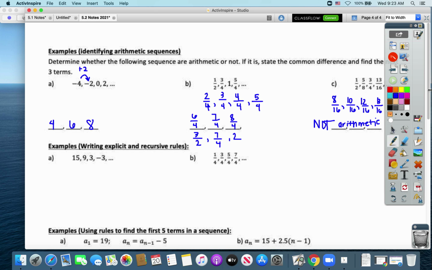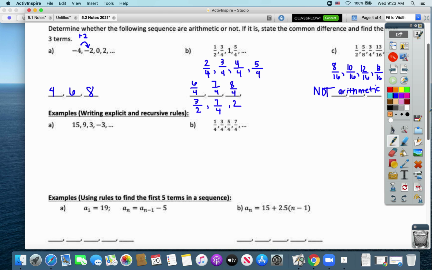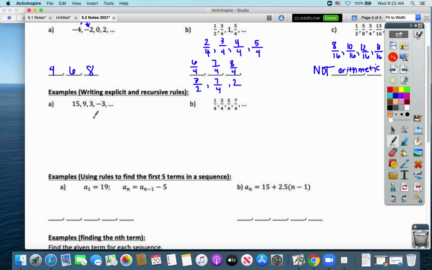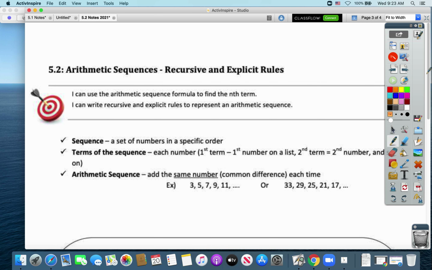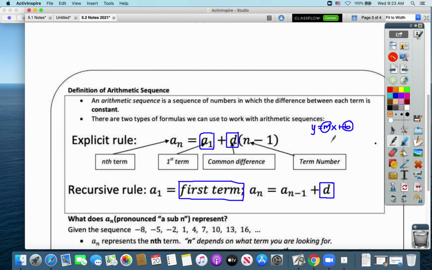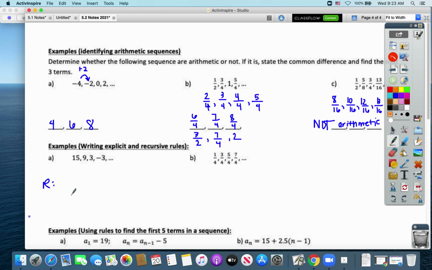Then we're going to practice writing the rules. So the second set of examples, we want to write the recursive and the explicit rules. So we'll start with recursive, and for that we can refer back to this if we need to. We are writing a sub 1 equals the first term, and then a sub n equals a sub n minus 1 plus d. So a sub 1,